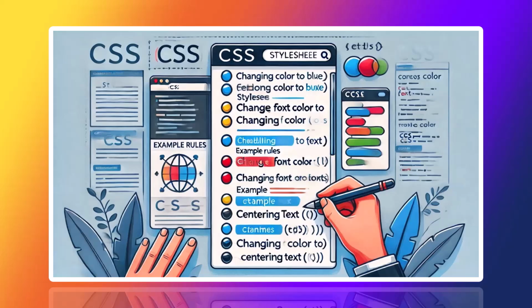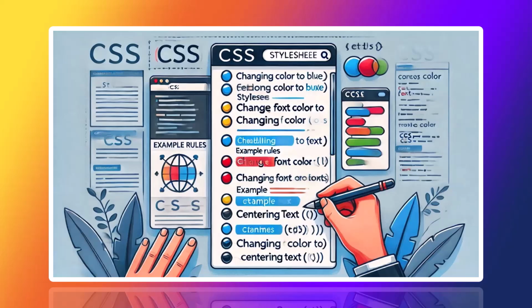It allows you to apply styles consistently across multiple pages, which makes managing the design of a large website much easier. CSS can be added directly through HTML through inline styles, but it's more common to link to an external style sheet to keep the HTML clean and organized. CSS also introduced the concept of responsive design, which enables web pages to look good on all devices, from desktop to tablets to smartphones. Techniques such as media queries allow developers to specify different styles for different screen sizes.